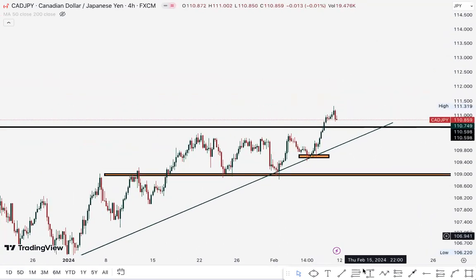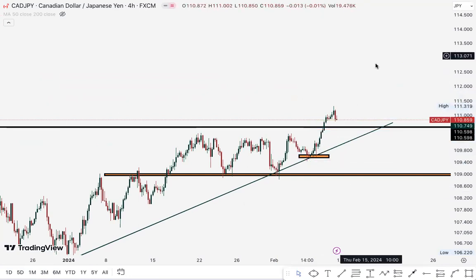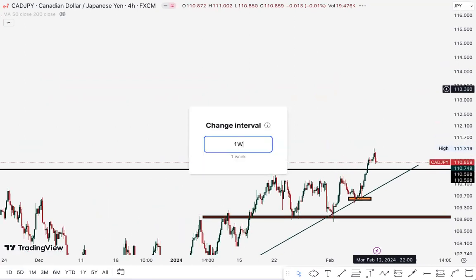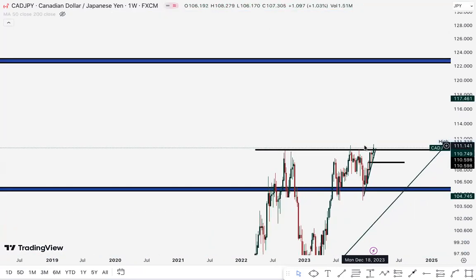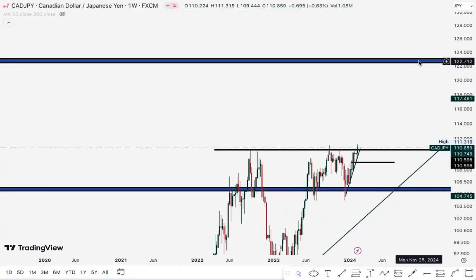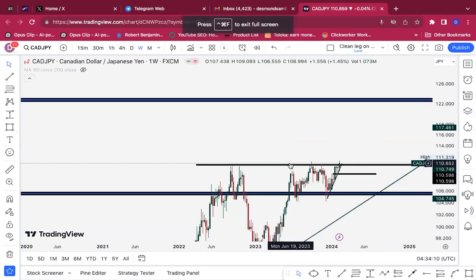So we do have a convincing breakout, like I said, but we need to let this guy rally some more, and then pull back here, and then we do have a trade to the upside. So my prime target for CadJpy long term is 1.22712, or approximately 1.22000, which is a round number here, rounded figure 122.000. So that is my prime target, provided that we break above this bar and stay above the bar. All right,